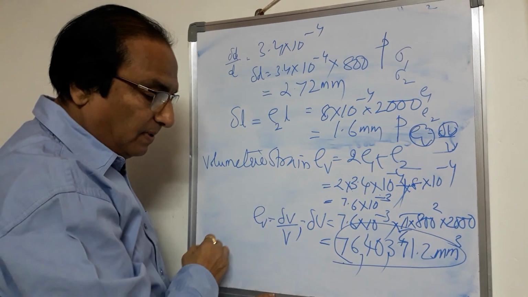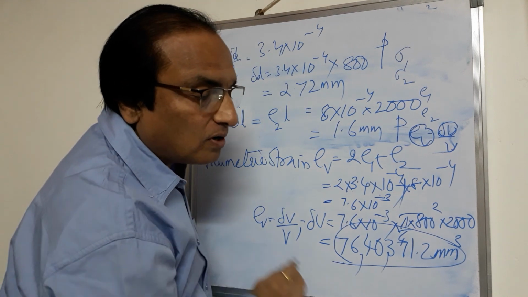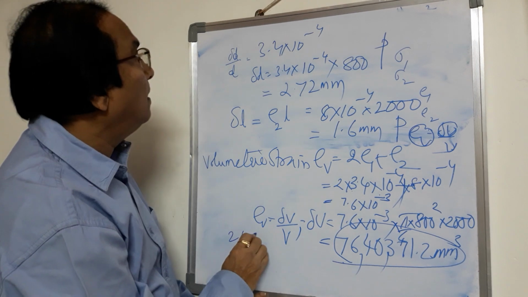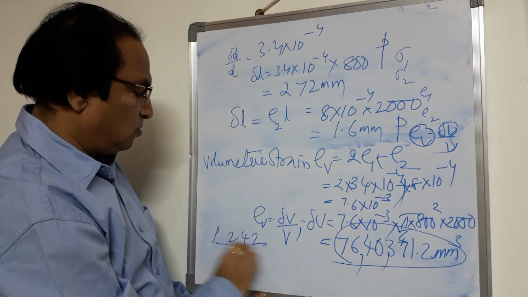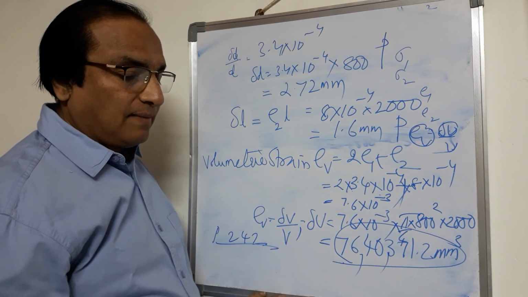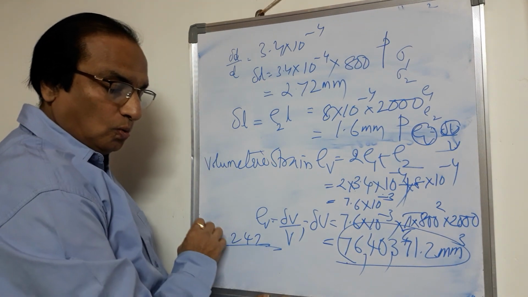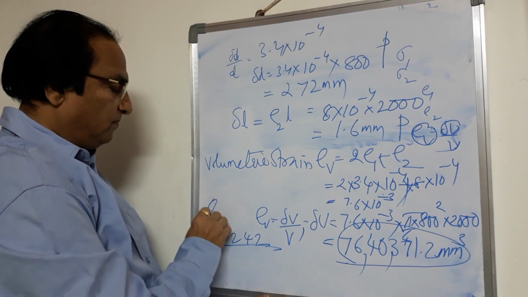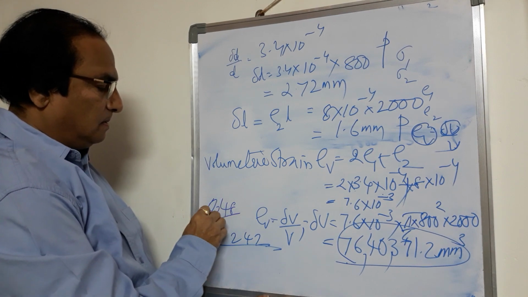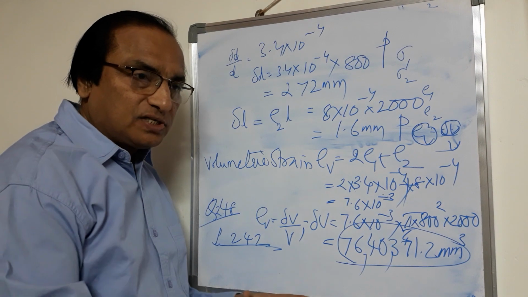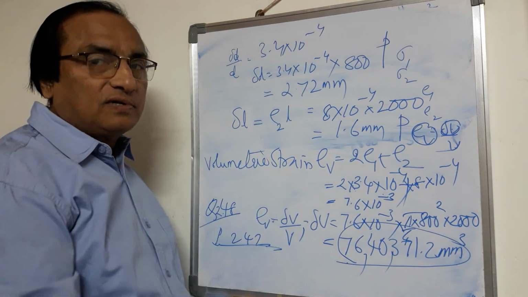So for example, if you go to page 242, you get a sample there, question 48. You can try this, wherein the additional volume is given and you have to find out P. It is in the reverse direction.